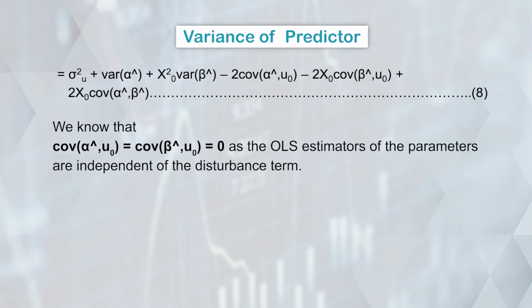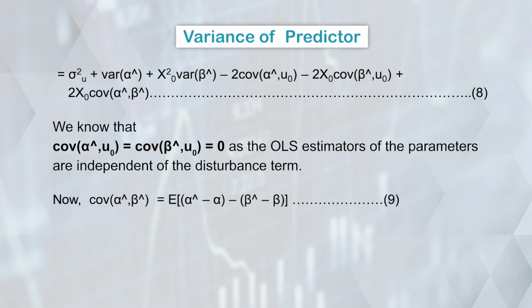So by putting the covariance equal to 0, we are left with only the covariance of alpha hat, beta hat, which will exist, but the other covariance terms will become 0. That is what we do in this particular slide. We put all other covariance terms as 0 because there is no relationship between the independent variable and the error term. But we have the covariance of alpha hat and beta hat, and by putting the respective expressions, we